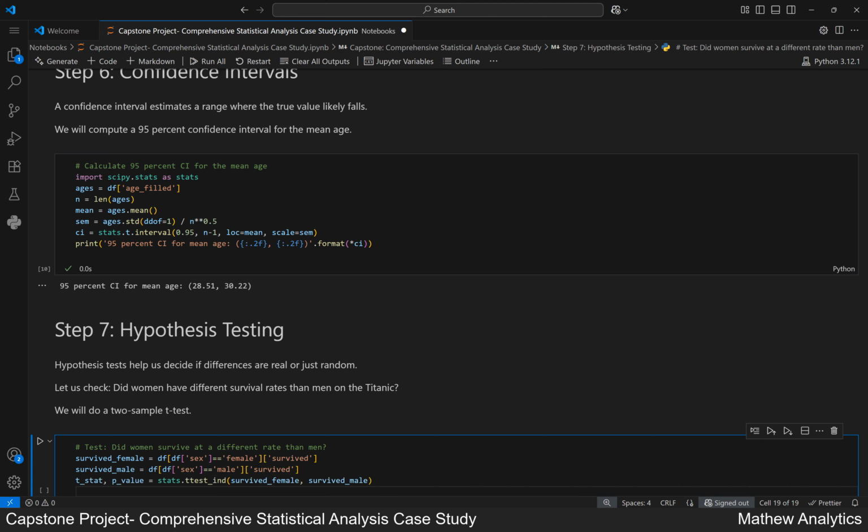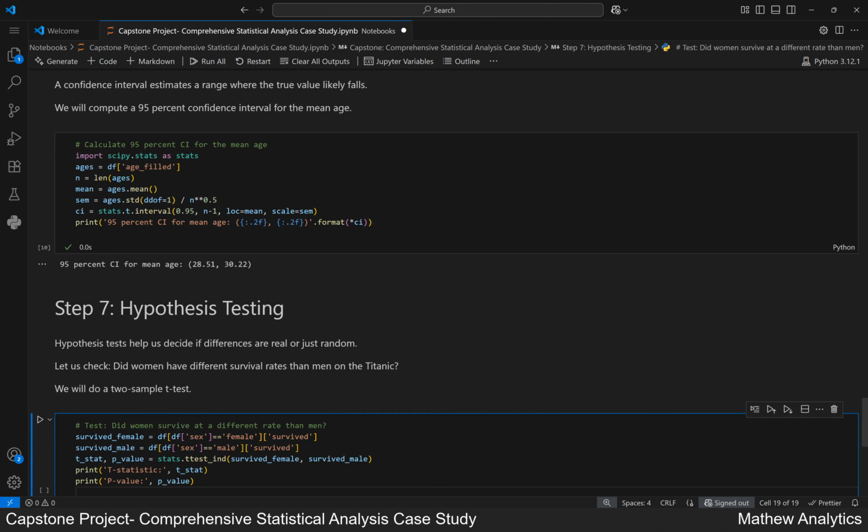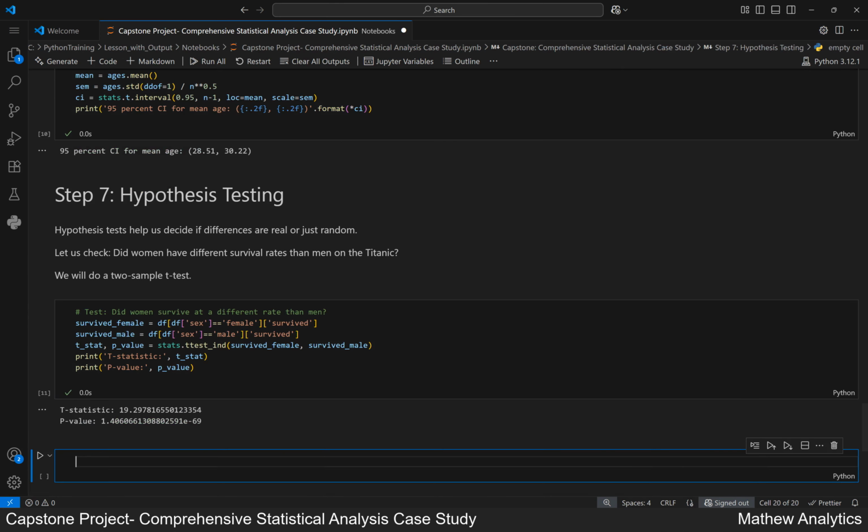We print the calculated t-statistic which measures the difference standardized by variability. We print the p-value which indicates the probability that the observed difference happened by chance. Running the cell now. The output shows a very high t-statistic and an extremely small p-value, indicating a significant difference